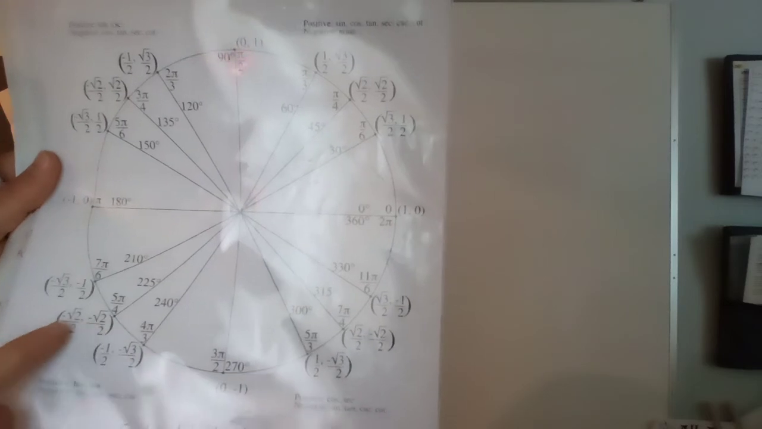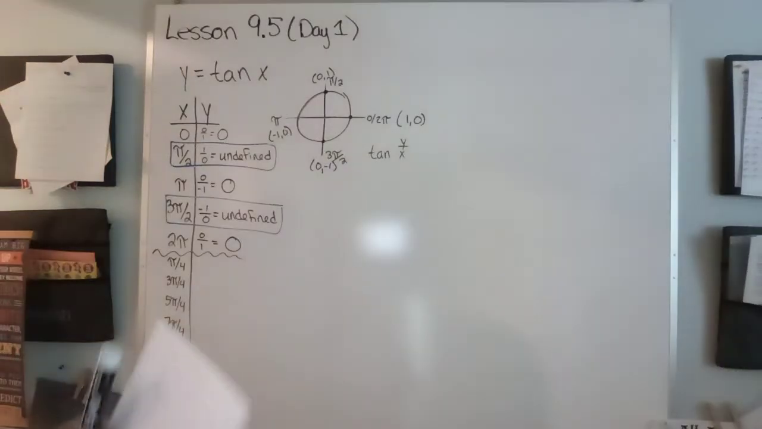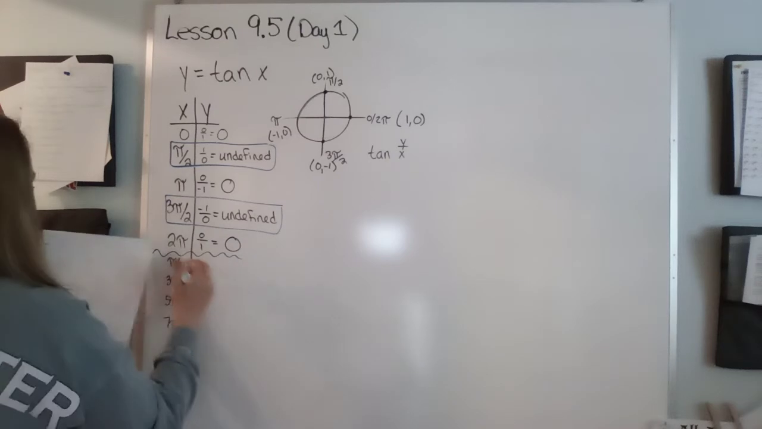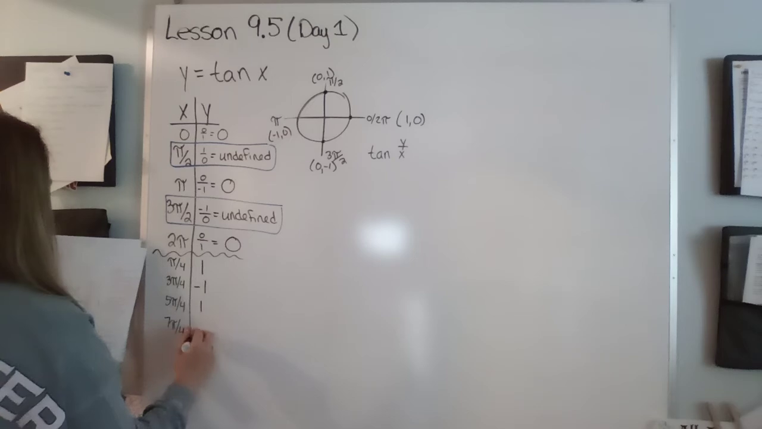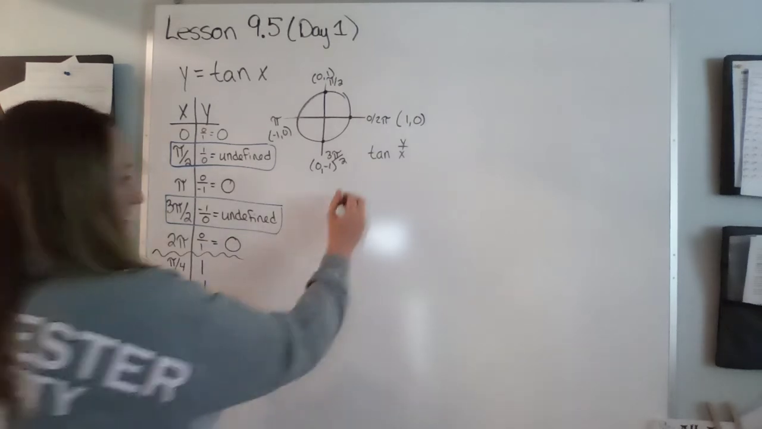Then I'm going to go to 5 pi over 4, y over x. Negative over negative is a +1. And then 7 pi over 4, y over x. Okay, so that's where these numbers are coming from. So it's going to be a 1, -1, 1, -1. All right, so that's where the table comes from. And then if I was to graph the parent function for tan,